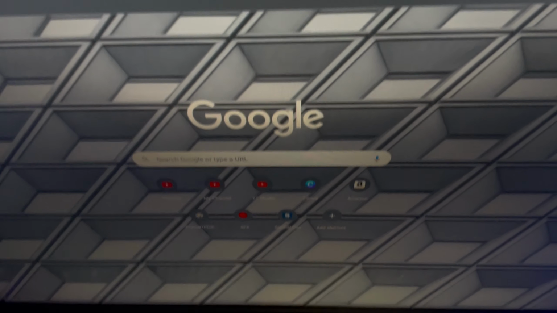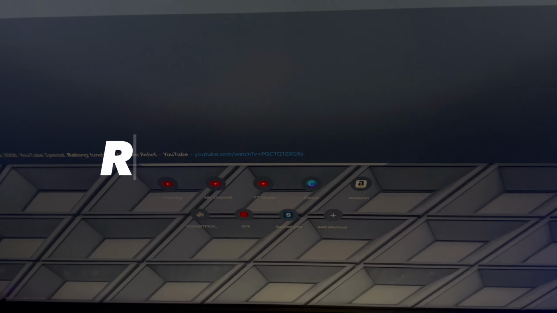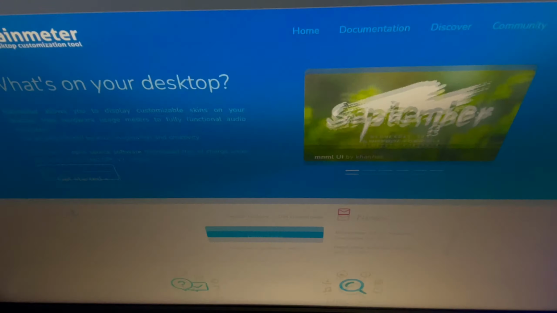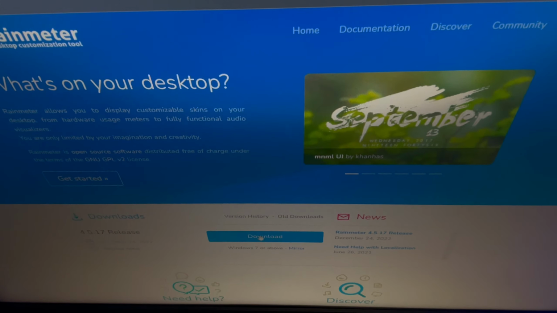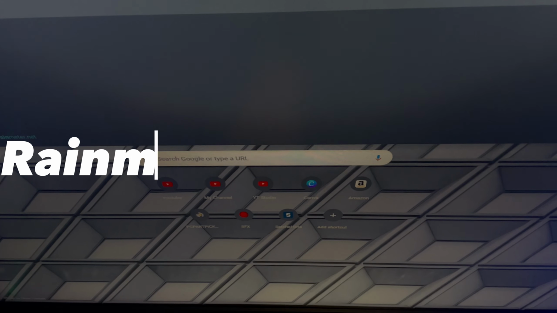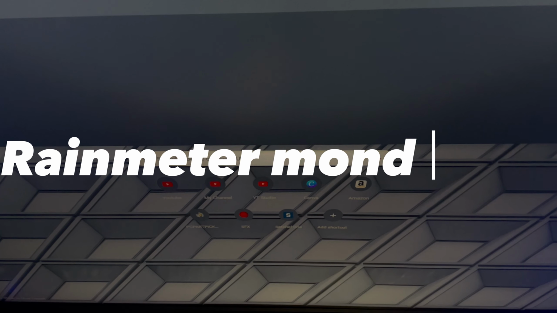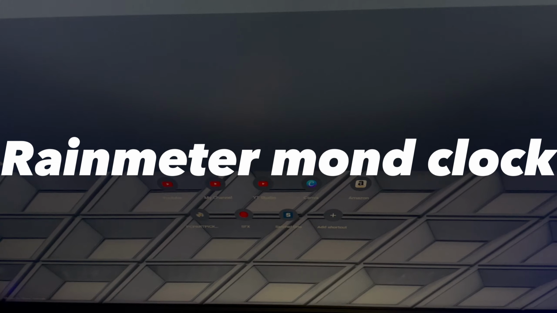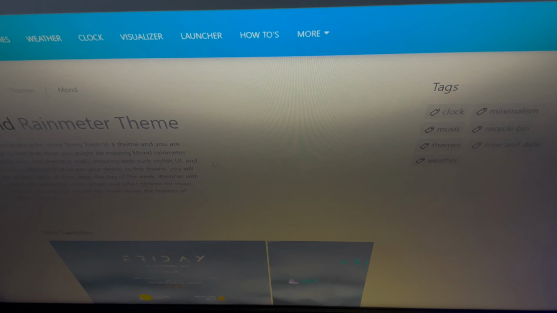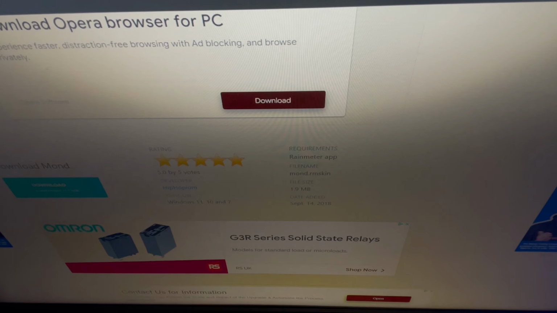Then you want to go to Chrome and search up rainmeter.net. Enter. You click download here. That will download Rainmeter. Then search up Rainmeter Mond Clock, and then go to here and scroll down and click download. Then